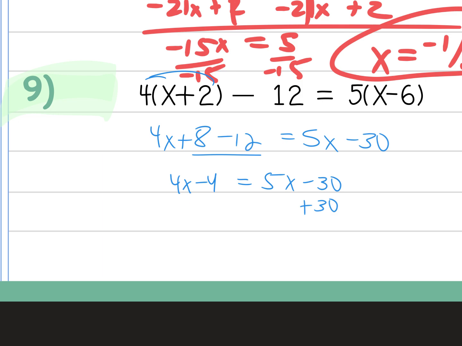Add 30 to both sides. Yeah? Is that what you guys want to do? Okay. You want to add 4 or subtract 4? 4 is positive. Wait. You can't add 4 because it's positive. So if you add 4 to both sides, look, if you add 4 here,